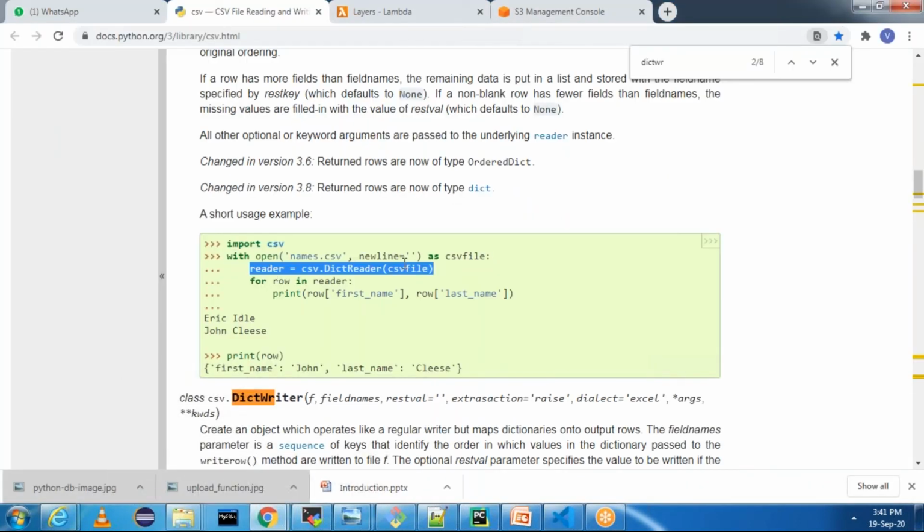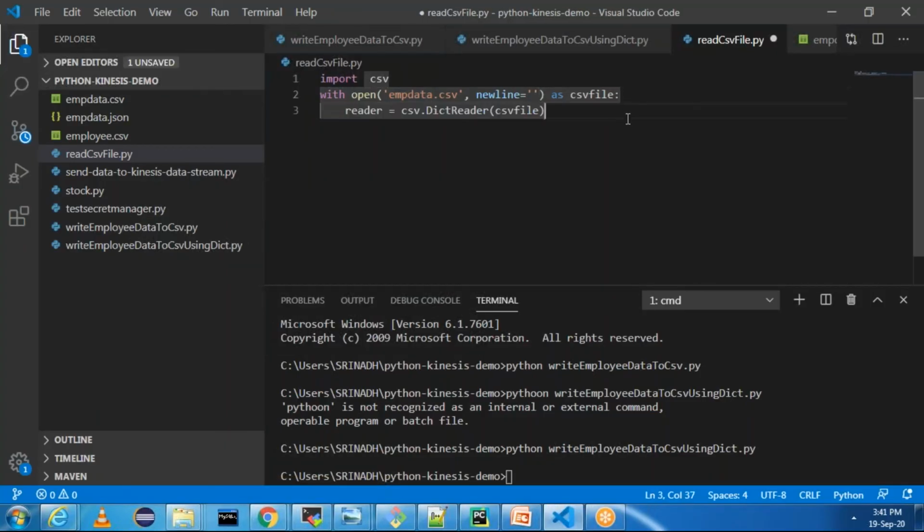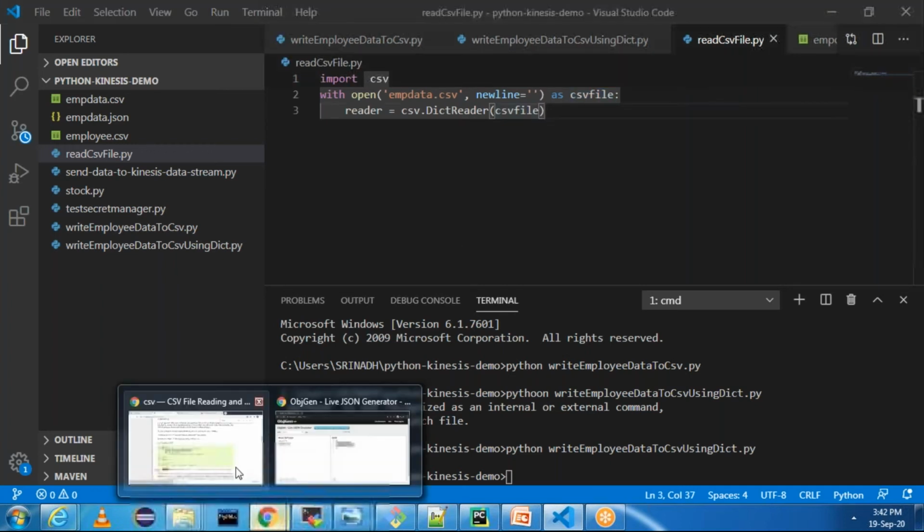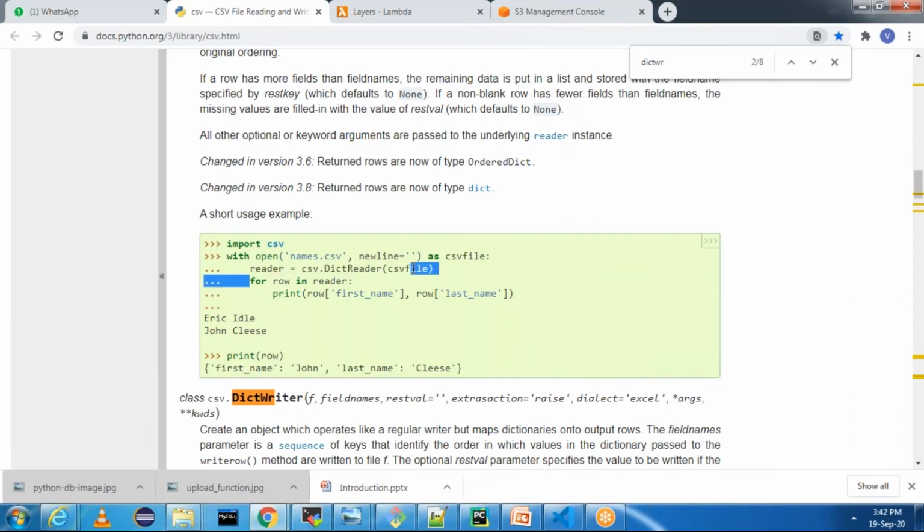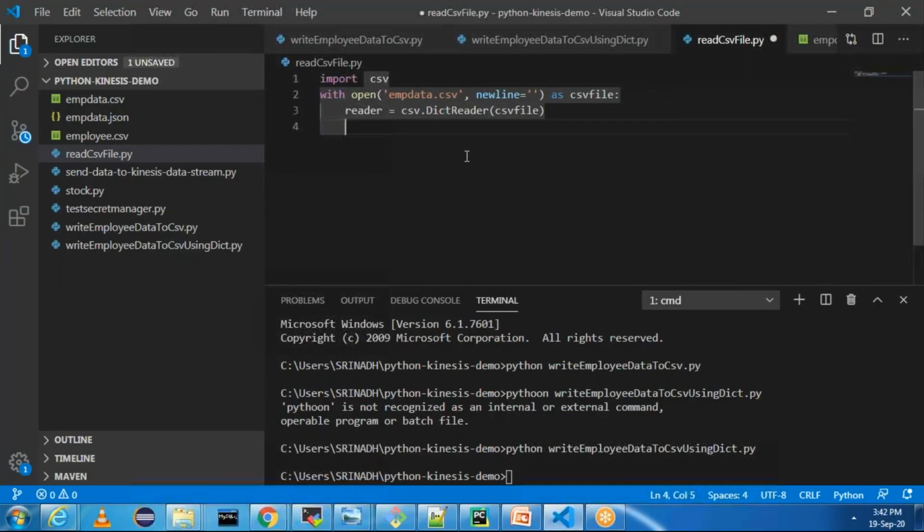and immediately whenever I read the data, I'm going to print the elements of that. For that, I need a reader object. Use reader object, and you say reader equal to csv.DictReader of csv file. This csv file is the alias name. If you keep it something else, again you can change it here. And now you have the reader. Reader will have lot of rows. You have to iterate that row. You can say for loop of row in reader, and you can print the row.